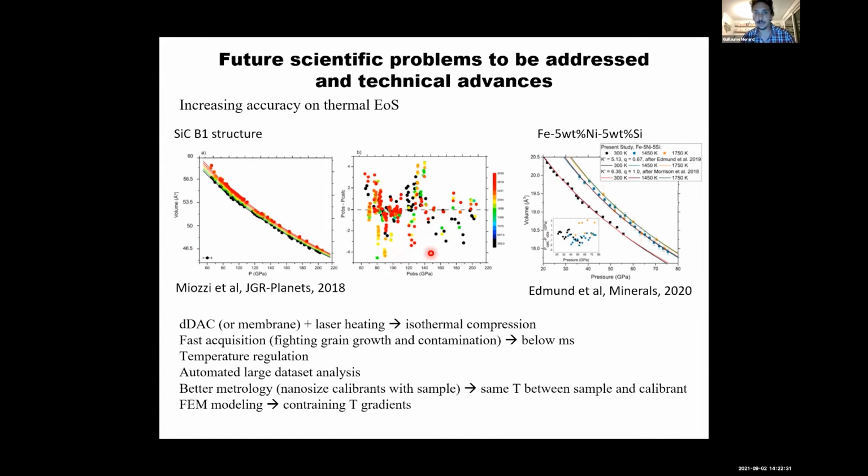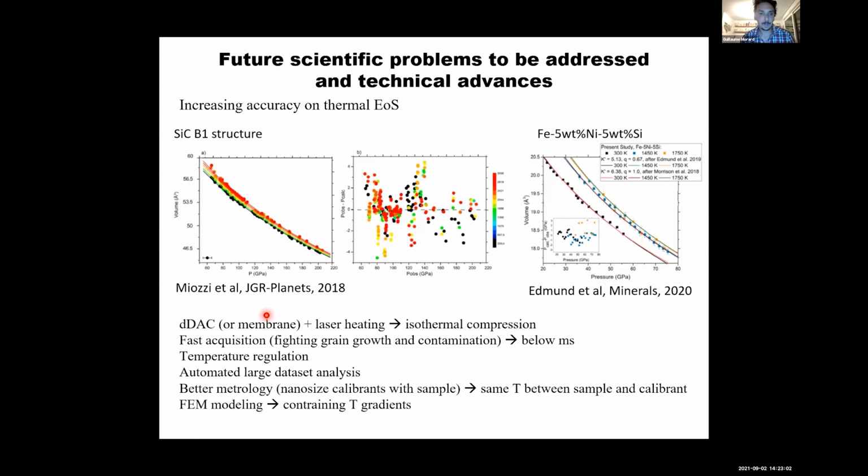So here, one of the things we've done, for example, in this work from Eric and Moon on iron silicon alloy, was to do isothermal compression, so compressing along an isotherm and keeping it for membrane driven DAC. And this could be in the future very interesting to do also potentially in dynamic DAC at high temperature. So you compress and do laser heating,